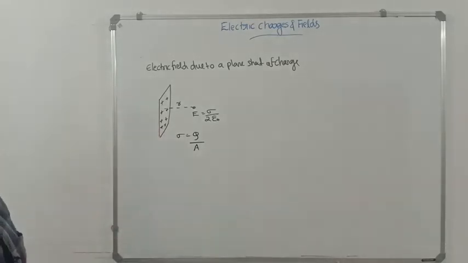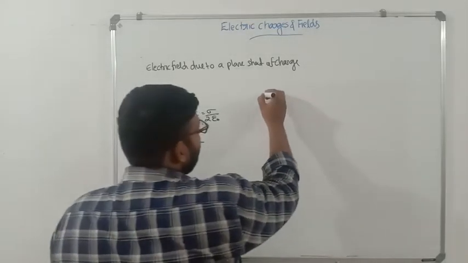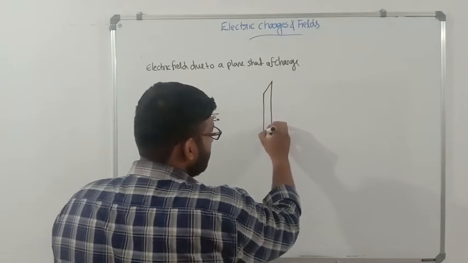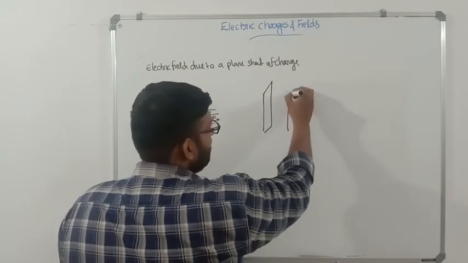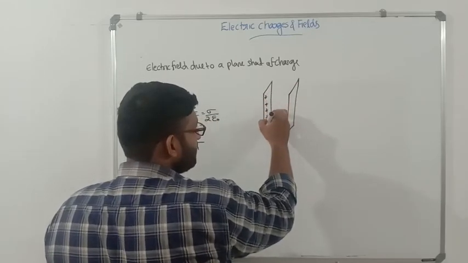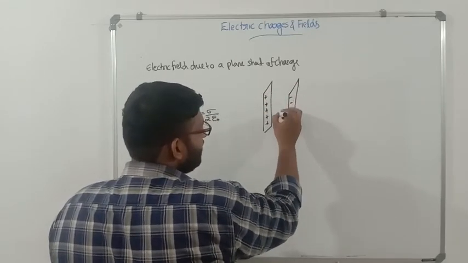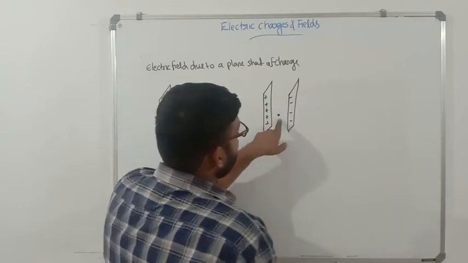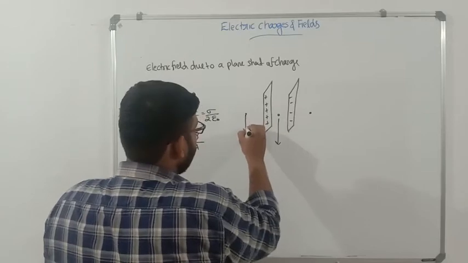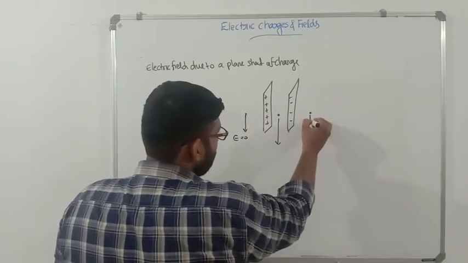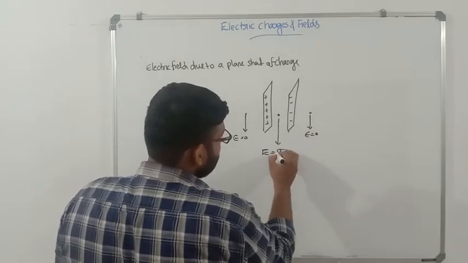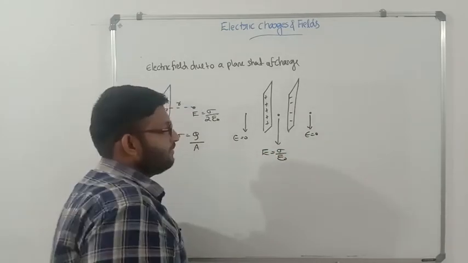Very, very simple idea. What about if you take two plates together? Suppose you take two plates together. Okay guys, and one of them is positive plate, the other one is negative plate. Then the electric field is formed only at this center. Look at here. Here and here electric field is 0. There is no electric field. In this point electric field is nothing but sigma by epsilon 0.